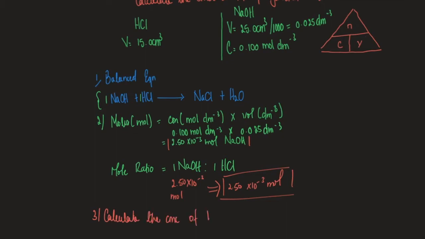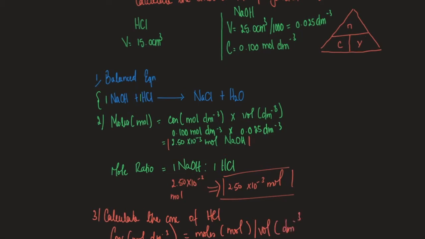So the last thing we're going to do is calculate the concentration of hydrochloric acid. Now we're going to go back to the memory aid right here, and this time we want to find the concentration, so we put our finger on the C and we're left with N, the number of moles, and V, the volume. And since they're separated by the horizontal line, we know that concentration then is equal to the number of moles, and we divide that by the volume in